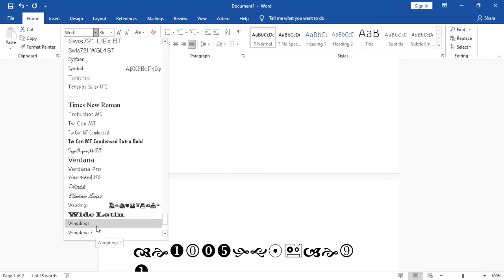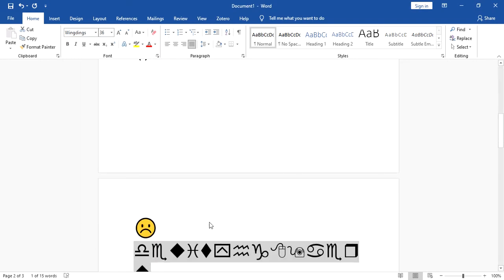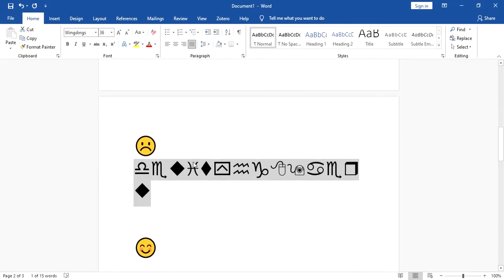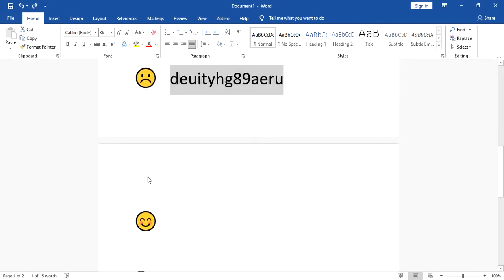See how it's appearing? It's just a font type. They are ones, but they are converted to symbols and figures around. Of course, you can't even read this. I'm not sure there is any language that is like this. But anyway, I want to type the emoji simply, not all this other thing. So I'll do that and come to my